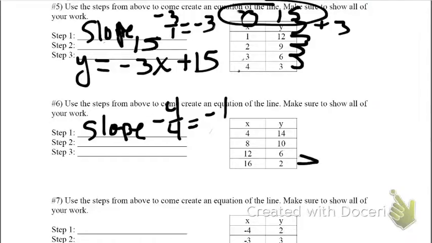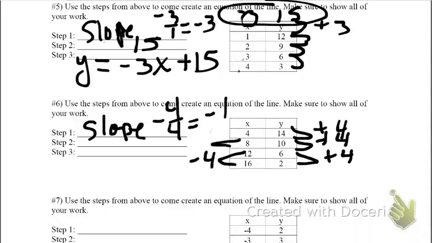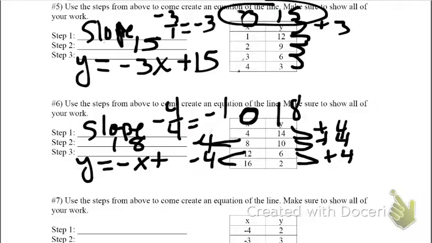So here, this is going up. So +4, +4, +4. While this one is going up, -4, -4. So if I subtract by 4 every time going back up, 0 will be next. And then if I'm adding 4, that means that my y-intercept is going to be 18. So I've got y equals -x